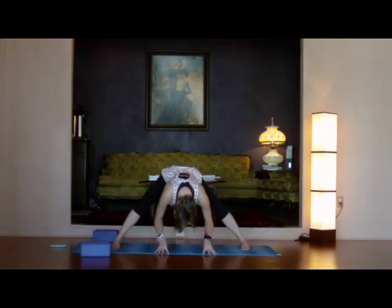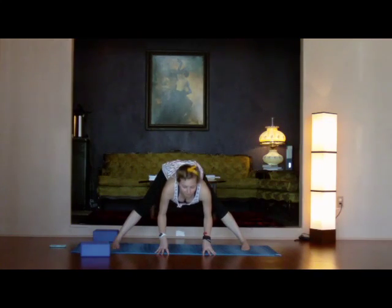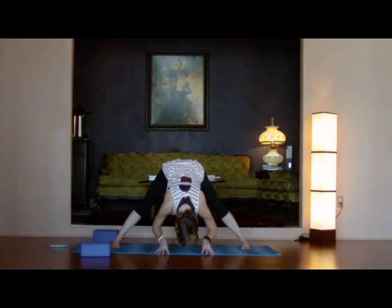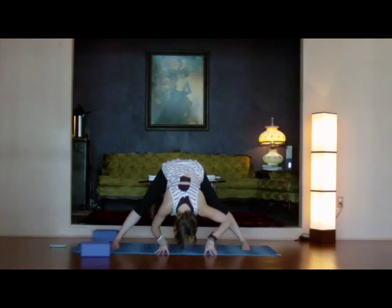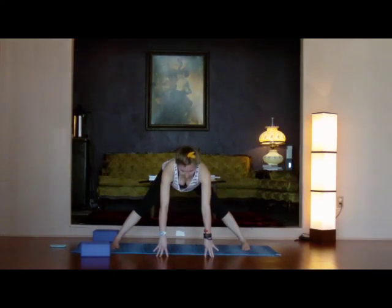Inhale, lift up halfway, bend your knees, send your hips back. And on your exhale, reach your chest down towards the mat, lift your hips up, legs might come straight. Third time. Inhale, come up halfway, sit back with your bum. Exhale, fold, lift up with your hips. Yeah, nice. Inhale, come up halfway again, and then start to walk your hands over towards the left